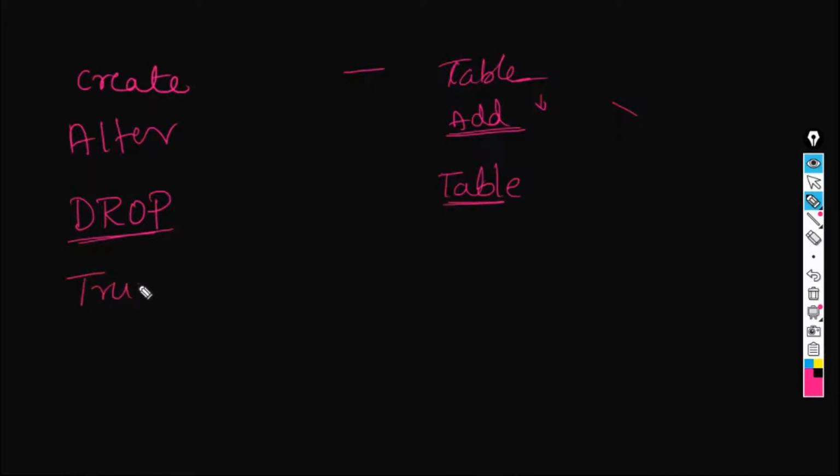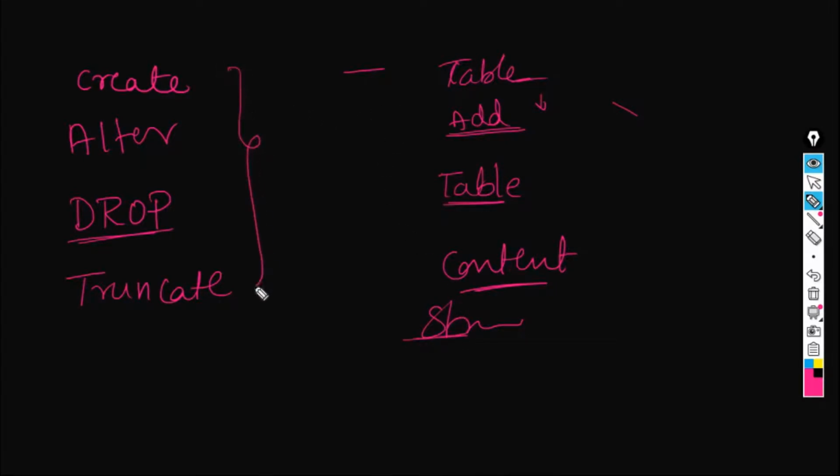And then truncate. In this case, it only truncates the content, but the structure of the table will be available. We are actually dealing with the structure of the table itself.